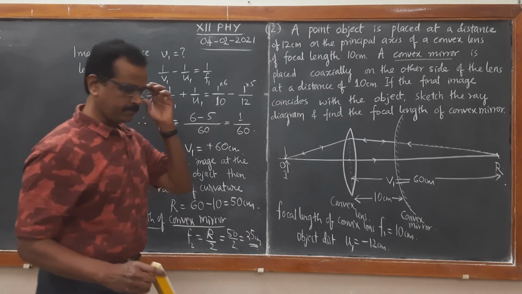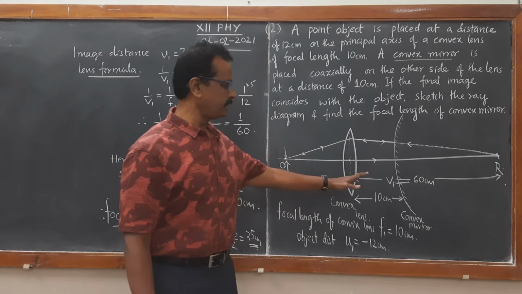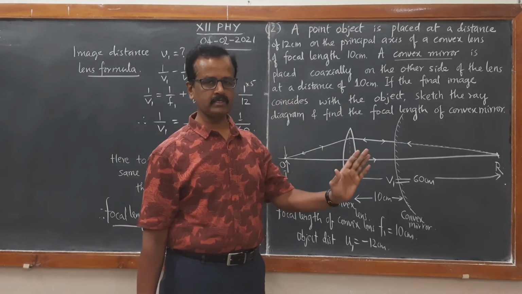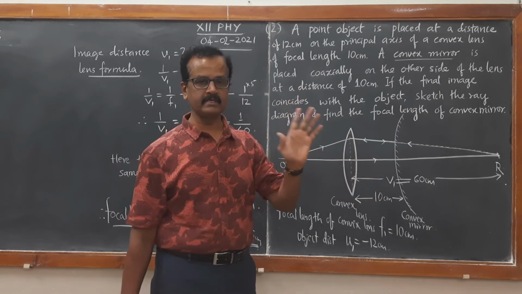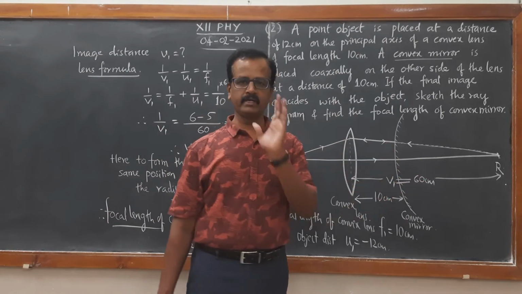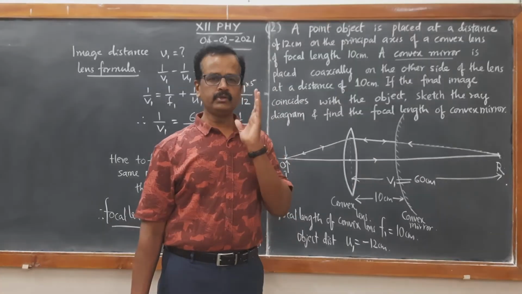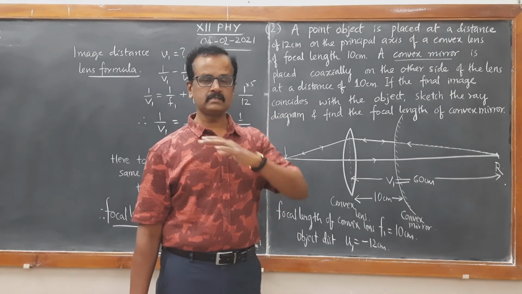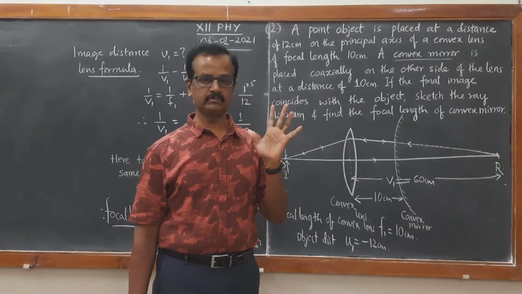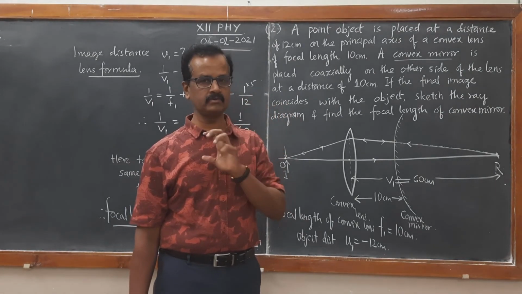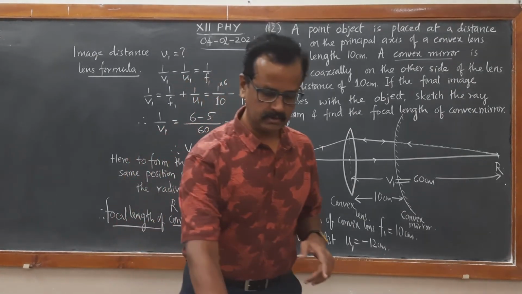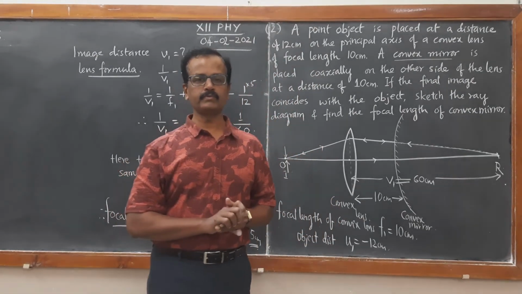So this is the experiment to find the focal length of a given convex mirror using convex lens. Aim of the experiment is to find the focal length of a given convex mirror using convex lens on an optical bench. Video recording is very difficult, it's not possible also. So once you come back to the school, we'll perform the experiment in the laboratory.